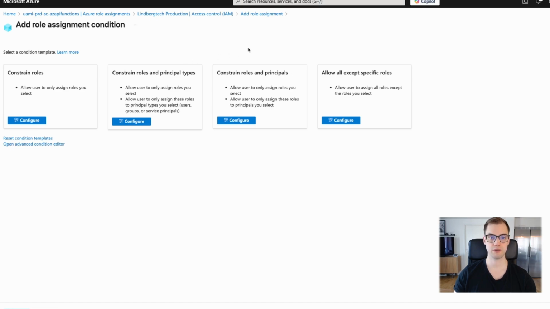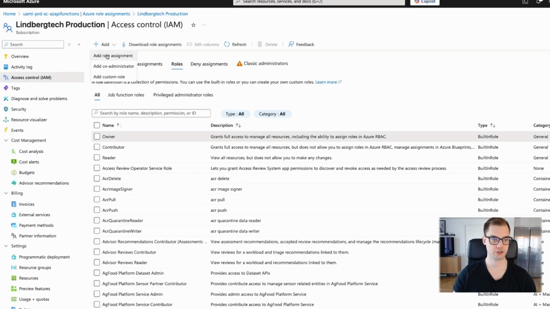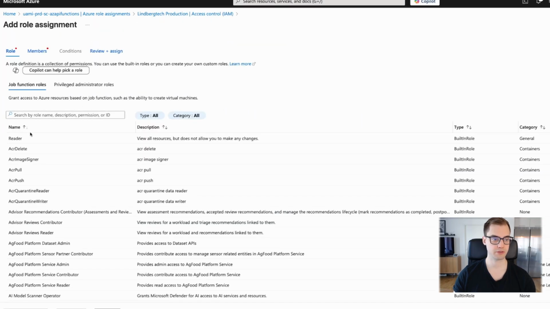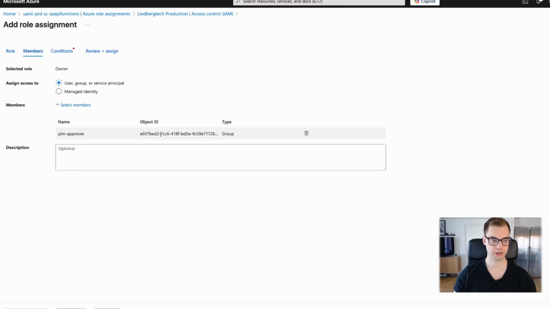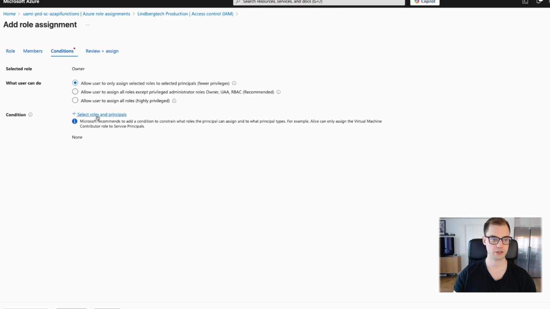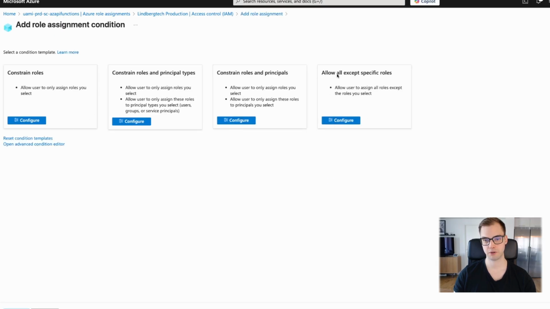creating a new role assignment just through ClickOps, I guess I'll show you the entire way. So I do add role assignment, I come to privileged, I say owner. I'm just gonna pick any object ID. I'm not gonna save this. I just want to get to conditions, and then I want to add a condition. And then for this example, let's say we want to do allow all except specific roles. So I can exclude roles here,